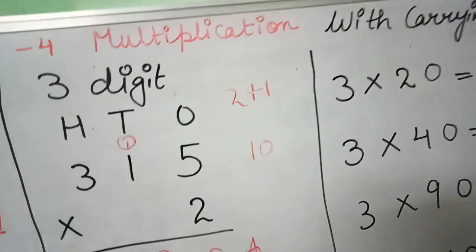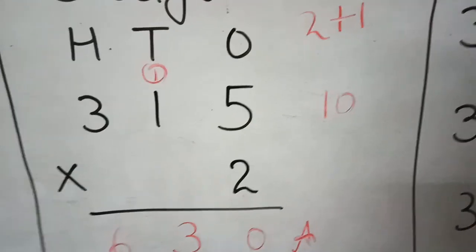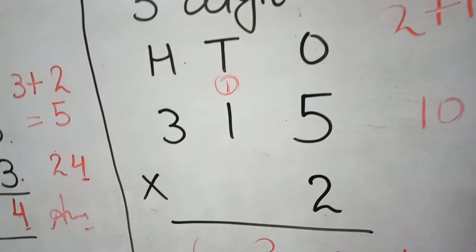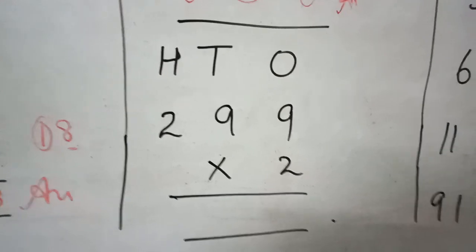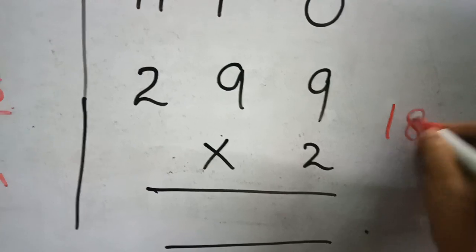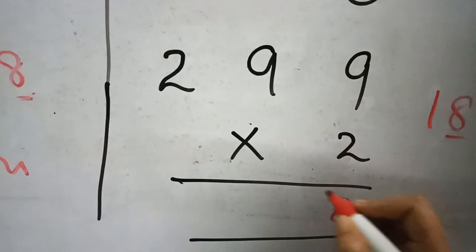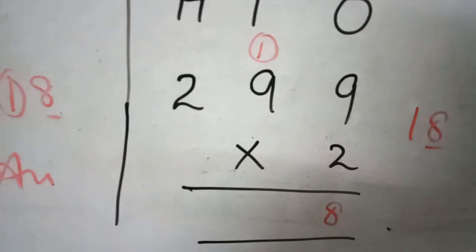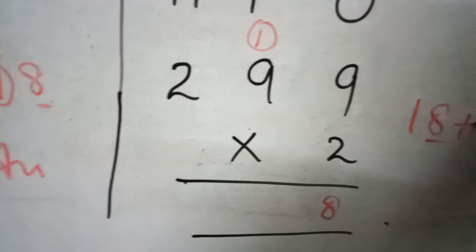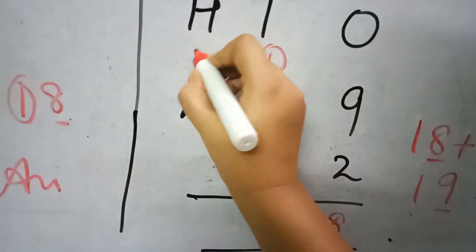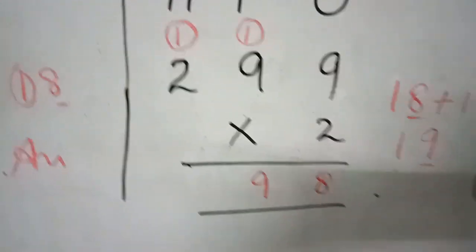Today we are doing only multiplying by 1 digit. Tomorrow we will do the 2-digit multiplier, right? Next, one more example of a 3-digit number. 9 2s are 18, right? 8 will be here and 1 will be here. Then again 9 2s are 18. 18 plus 1 is 19. 9 will be here and 1 goes as carry to 100, right?